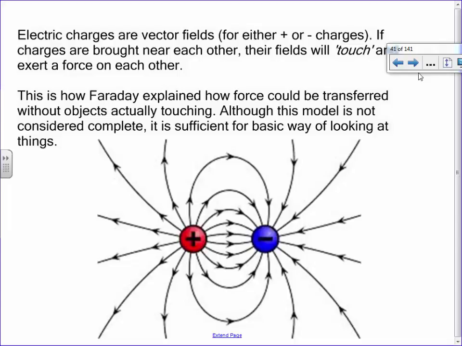Do you remember how we define a field in electrostatics? Which way do we draw the arrows? As if it's an imaginary positive charge, yeah. We just had to pick one, positives. I'm guessing the reason they went with a positive is that 200 years ago they thought that positives moved, because they didn't know about electrons yet. But honestly, it doesn't really matter. You just pick one or the other. So a field is defined as what a positive would do. You can see right here, a positive would want to be sucked into a negative. Right here, a positive one would want to get pushed away from another positive.